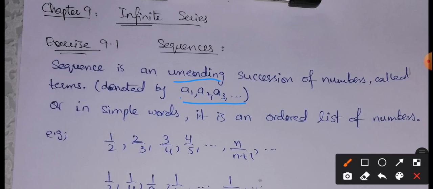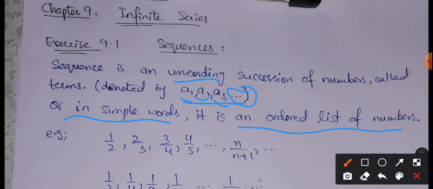Here a1 is representing the first term, a2 is representing the second term, a3 is representing the third term, and these three dots are representing the continuation of the list. That is, these continue up to infinity, that is a4, a5, a6, a7 and so on. So here we have the definition of a sequence, or in simple words we can say that it is an ordered list of numbers. That is, it is not only an unending succession of numbers, but also it must follow a particular